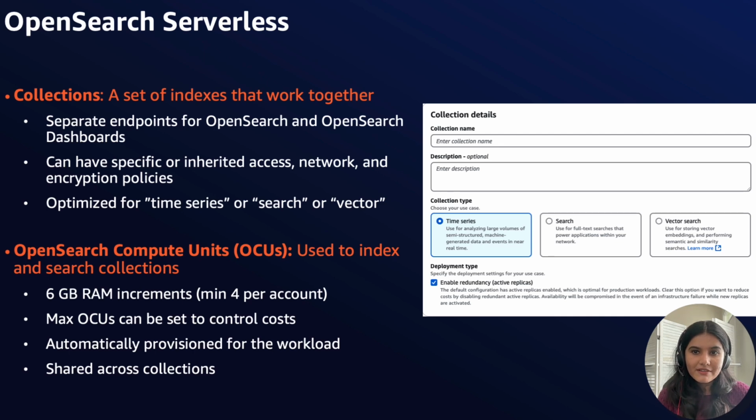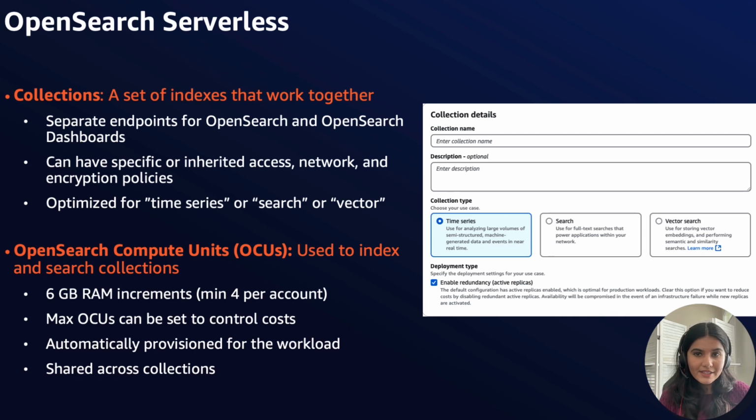An OpenSearch Serverless collection is a group of OpenSearch indexes that work together to support a specific workload or use case. So when you're defining a collection, you can select which collection type you want, such as time series, vector, or search. Collections have the same kind of high capacity, distributed, and highly available storage volume that's used by the provisioned OpenSearch service domain. But they remove more complexity because they do not require manual configuration and tuning.